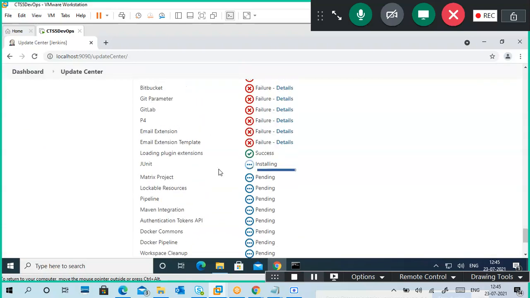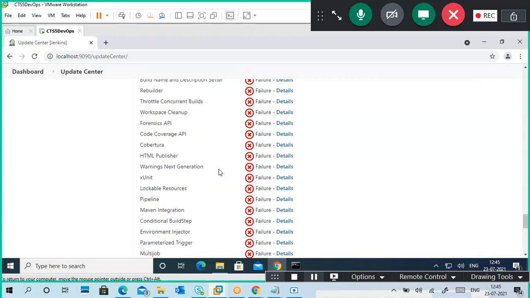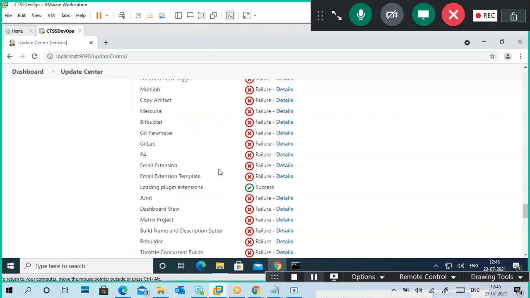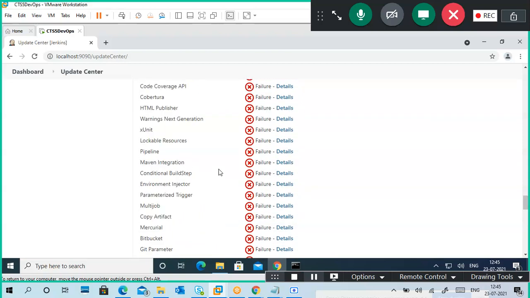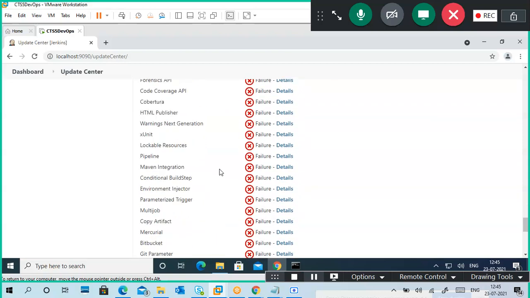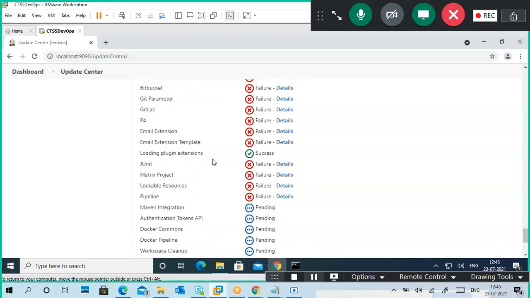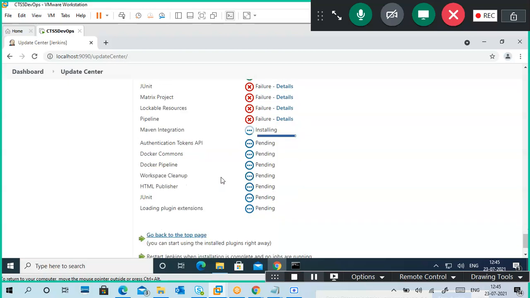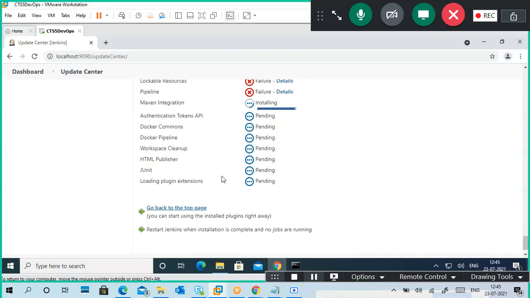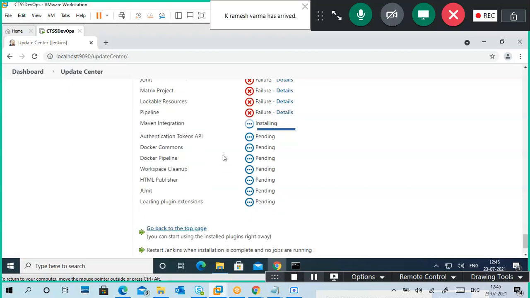A few succeed, a few fail. So what we require is only the failures. Okay. So something is a success. JUnit is a failure. Trying Maven. No problem, no problem. Okay, let everything get done. So we'll see.